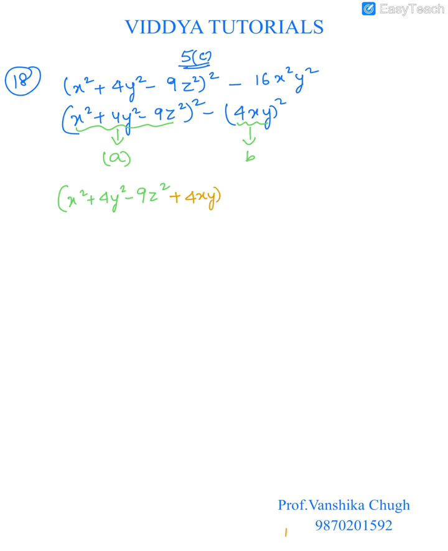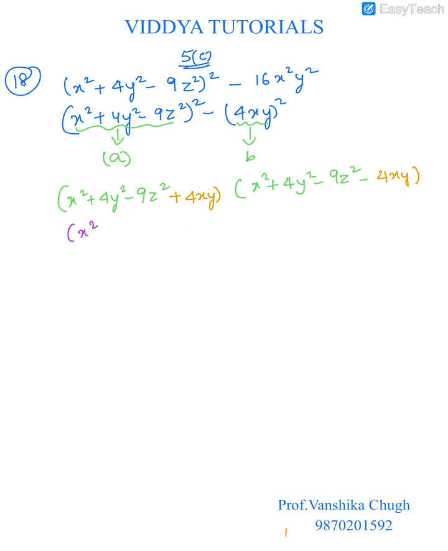Now I'll make my a − b. x² + 4y² − 9z² − 4xy. So I have finished making my brackets a + b, a − b. Now you can see further we can factorize these two brackets by rearranging the terms. So when I rearrange these terms,